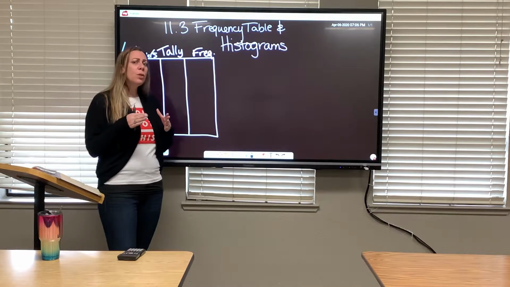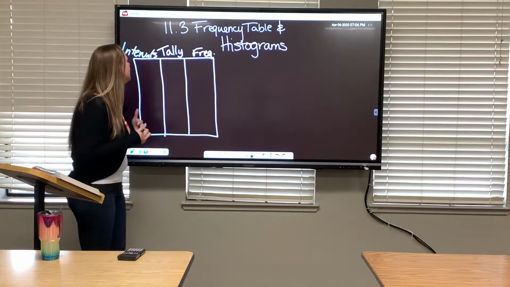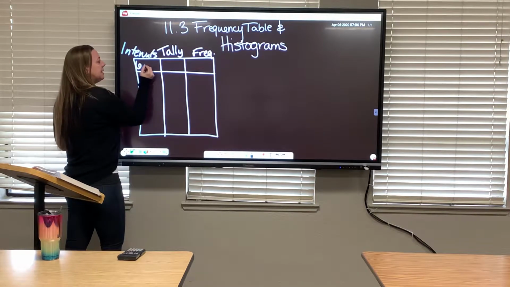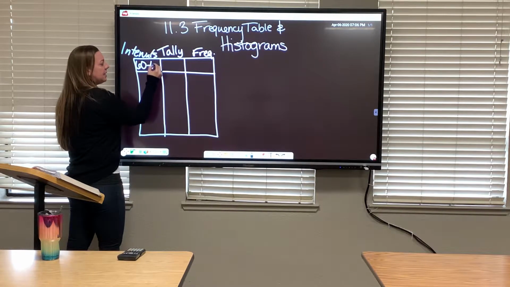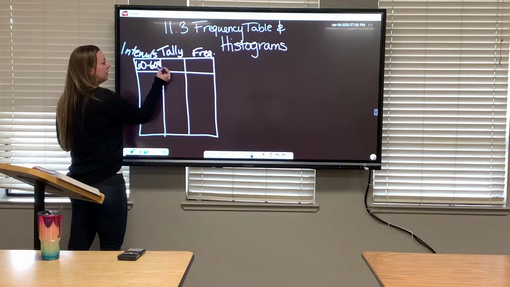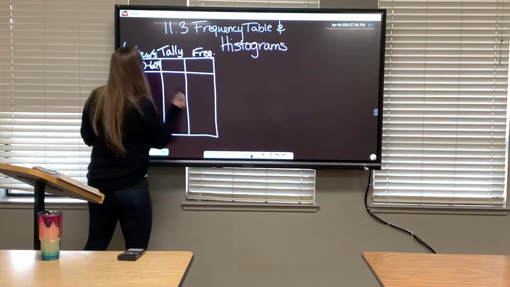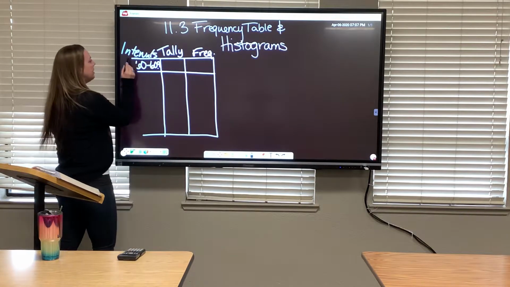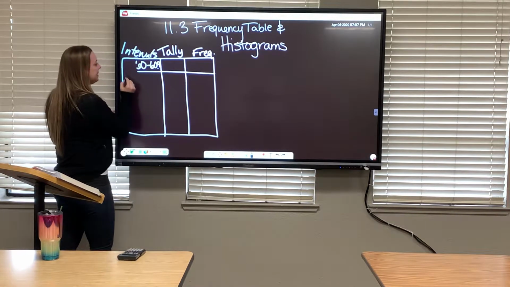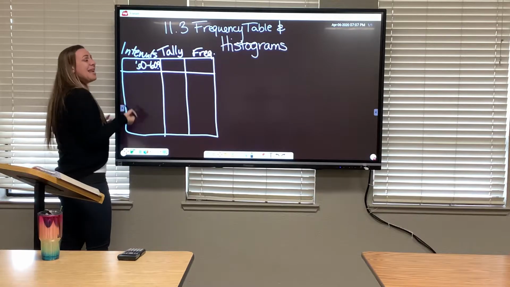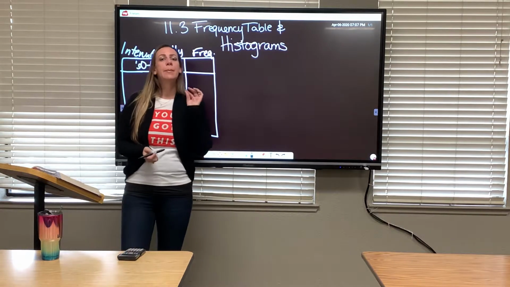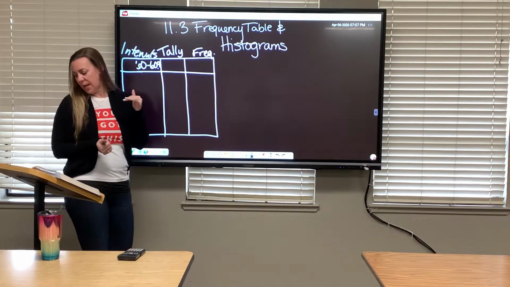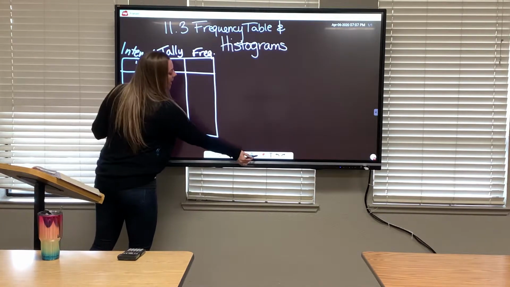So see how the frequency table that they gave us, they did 60 to 60.9. I think I need to make my left-hand side, my intervals, a little bit larger so that I can fit all the numbers in there. Now your intervals have to be equal amounts. So if I did 60 to 69.9,